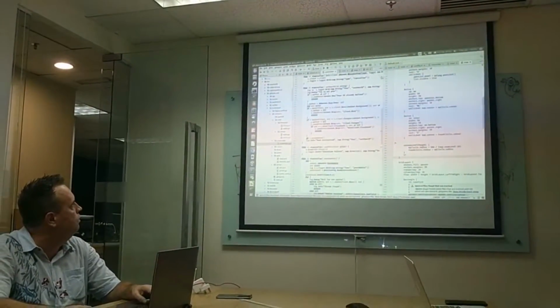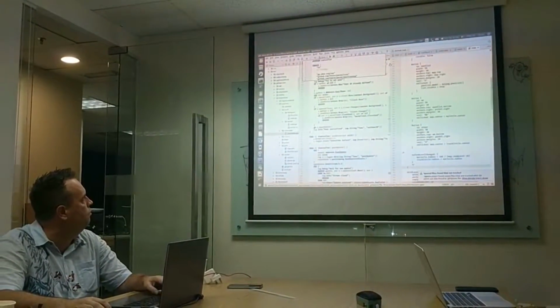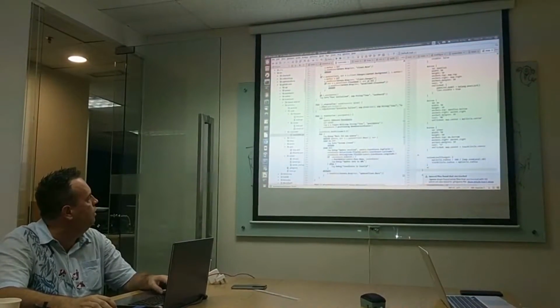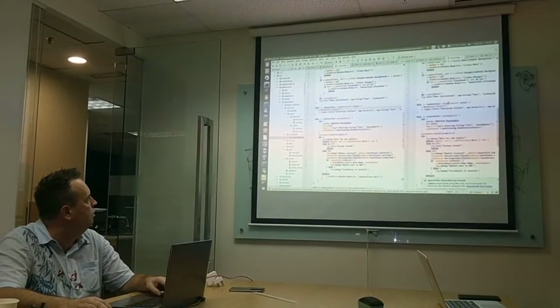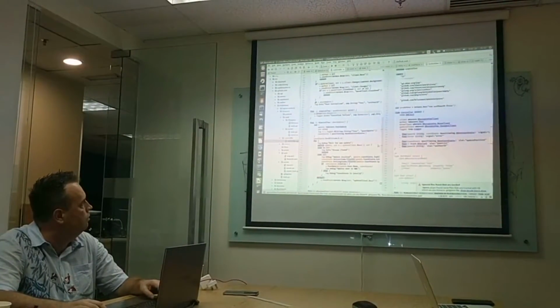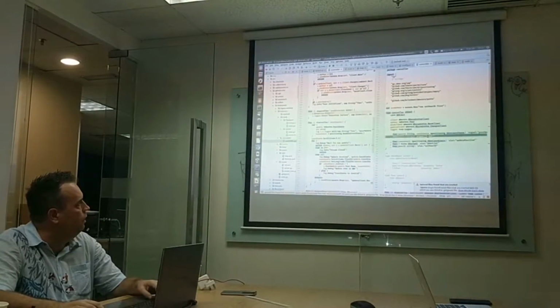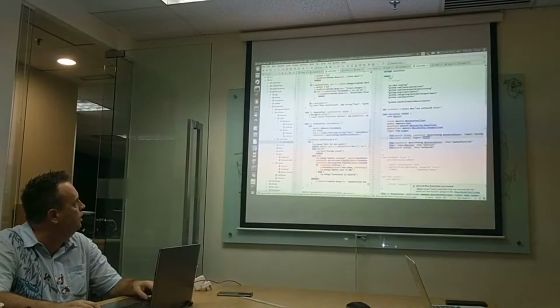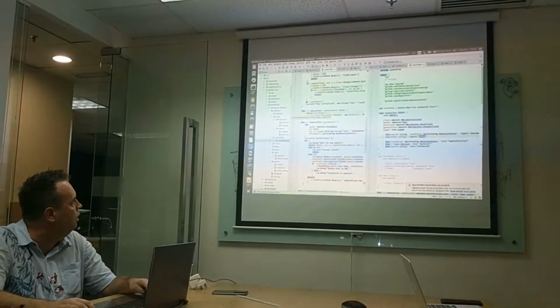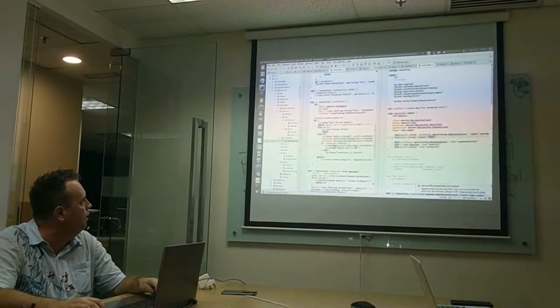So here, if you're familiar with IntelliJ, the red is an error. The error here, you see, it's red because it can't find the reference to that function. And if I go here, peer update,